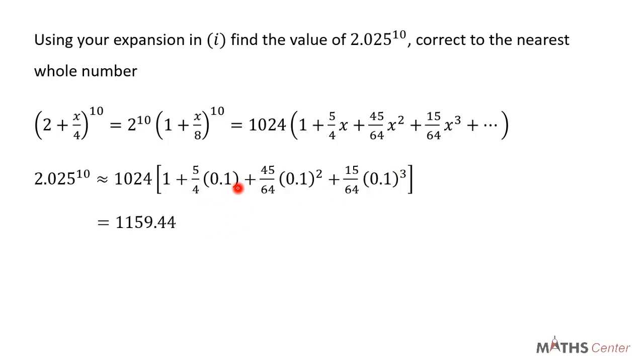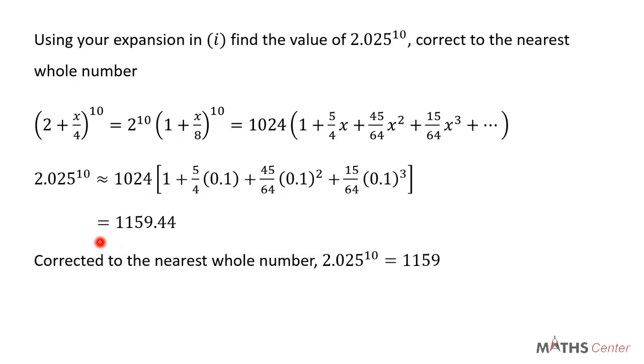When you evaluate this, you are going to have 1159.44. Remember the question said we should correct our answer to the nearest whole number. When we correct 1159.44 to the nearest whole number, we are going to have 1159. So the value of 2.025 exponent 10 corrected to the nearest whole number is